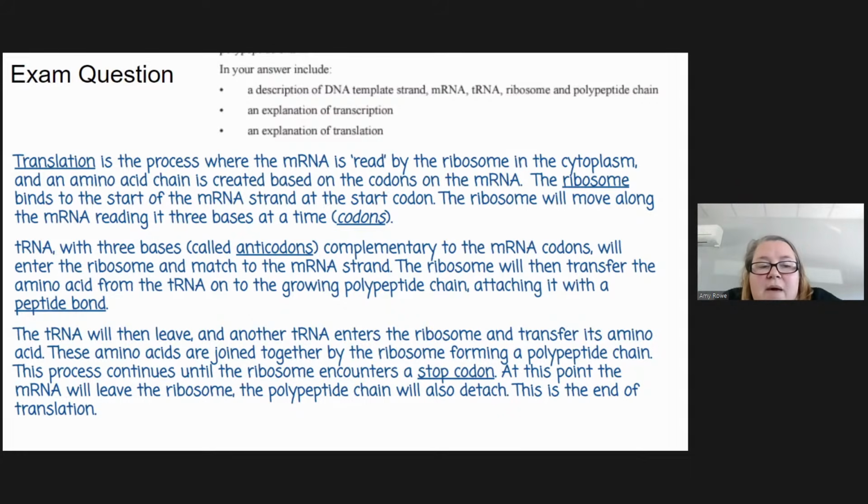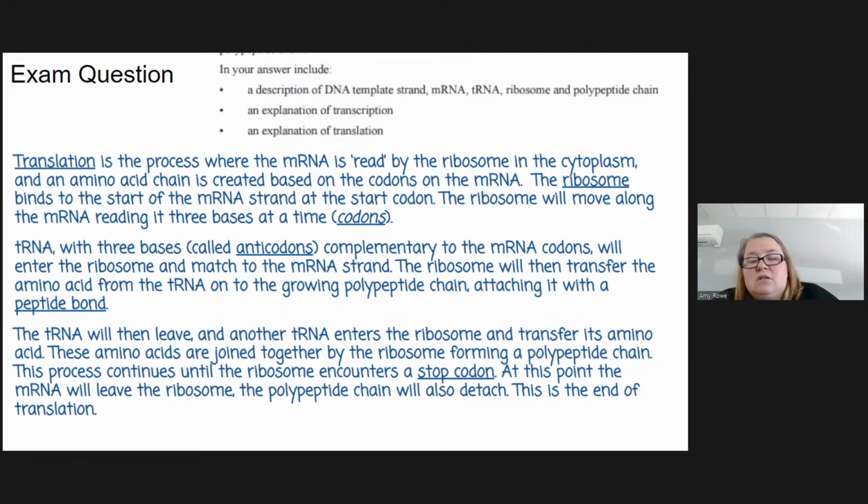Transfer RNA with 3 bases, called anticodons, that are complementary to the mRNA codons will then enter the ribosome and match to the mRNA strand. The ribosome will then transfer the amino acid from the tRNA onto the growing polypeptide chain, attaching them together with a peptide bond. Transfer RNA will then leave, and another transfer RNA enters the ribosome, again transferring its amino acid. The amino acids are joined together by the ribosome to form a polypeptide chain, and this process will continue until